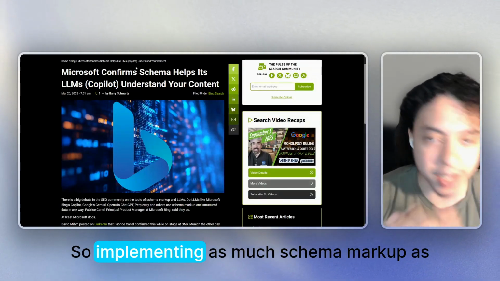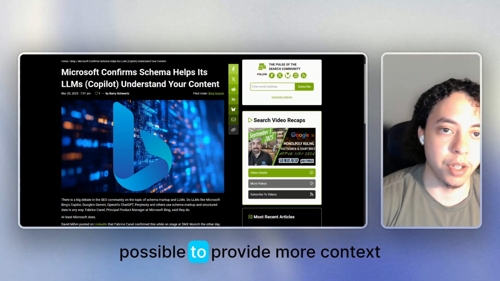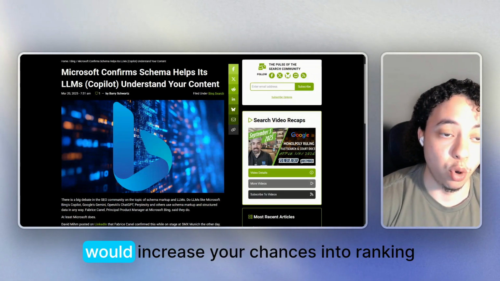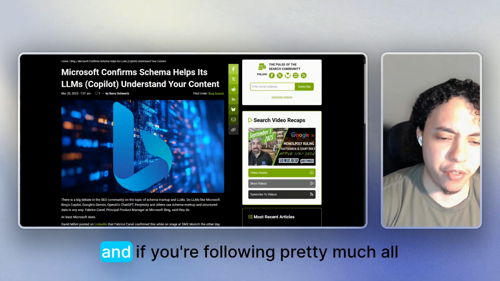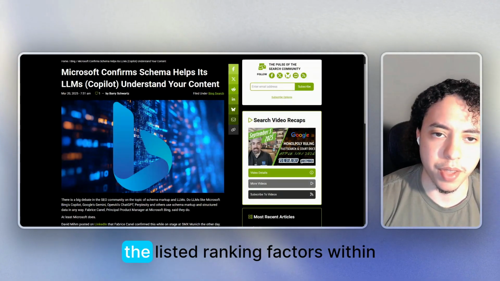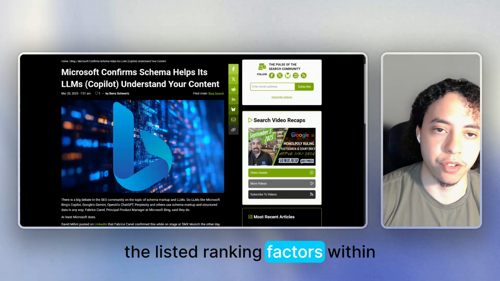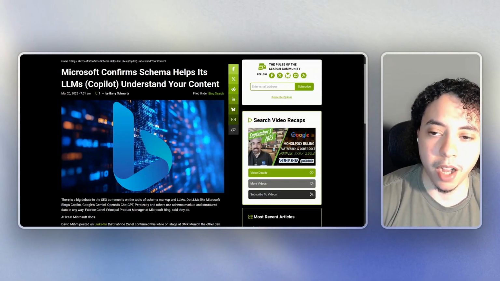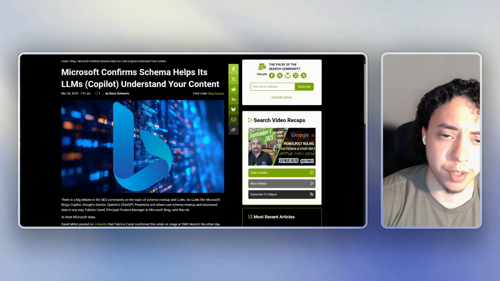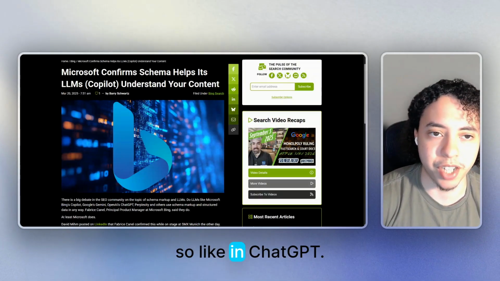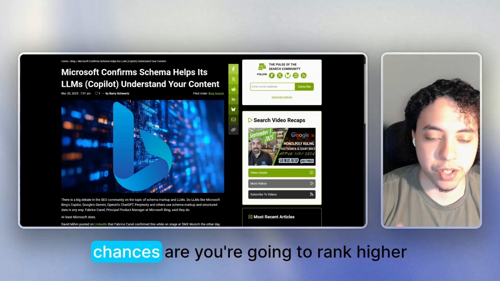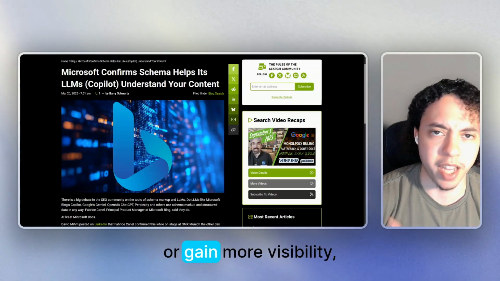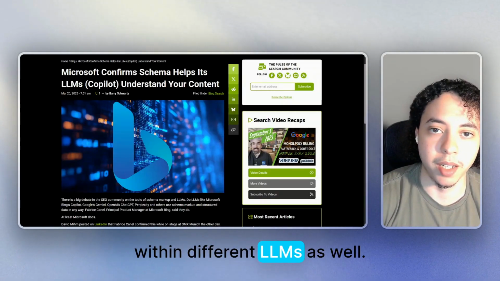So implementing as much schema markup as possible to provide more context would increase your chances of ranking within Perplexity. And if you're following all the listed ranking factors within Perplexity, other LLMs pretty much have a similar methodology when it comes to ranking, like ChatGPT. So chances are you're going to rank higher or gain more visibility within different LLMs as well.